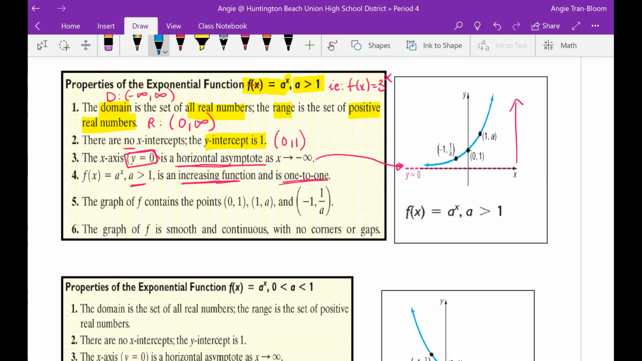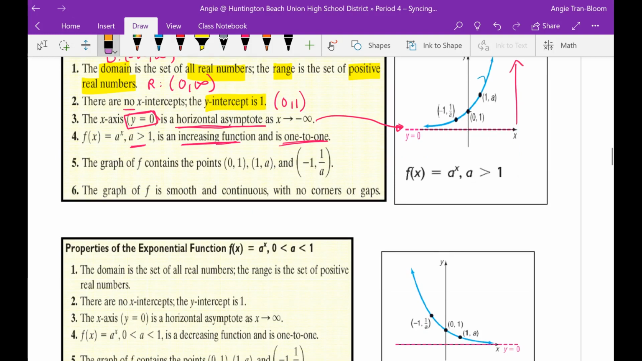Increasing, if you remember, means that if I keep going positively in the x direction, y is going up. That's what it means to be an increasing function. The graph of f contains 3 points, and these are the 3 points I want you to use every time we're graphing